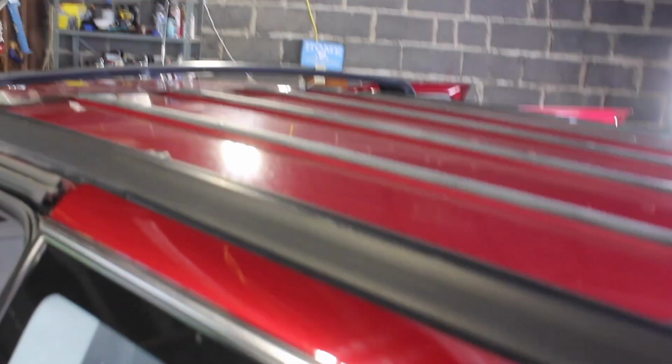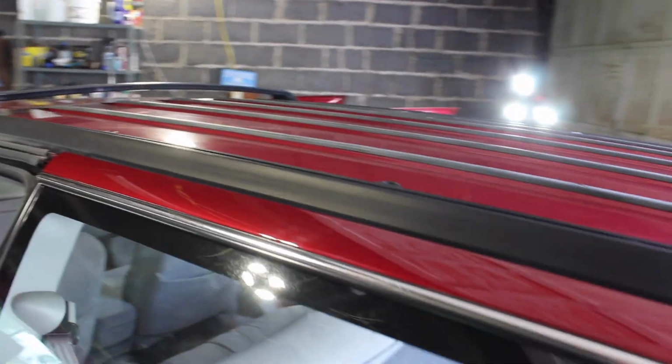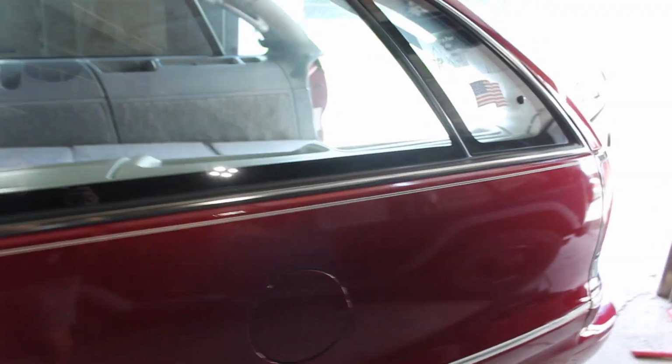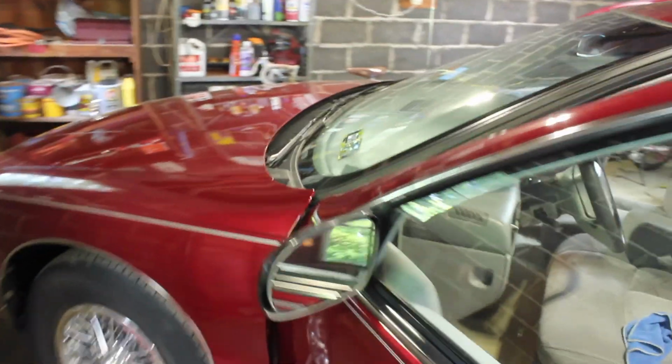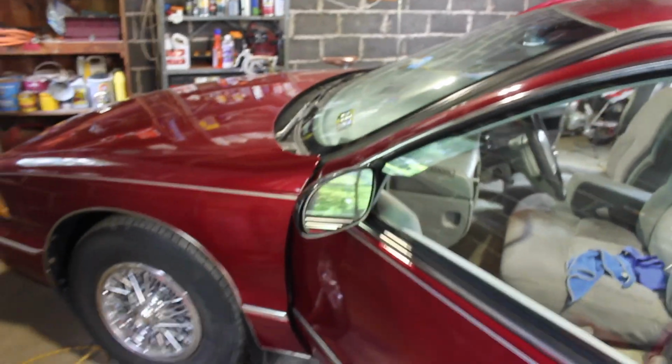stage paint correction. This thing was repainted probably I'd say about 5 to 10 years ago. Not perfect. There's some orange peel, but it's okay. And a lot of the swirl marks and stuff, I'll be able to buff out now. You can see on the hood, lots of swirls and stuff. Same with the roof. So yeah, let's stop talking, let's get to work, and let's get this looking beautiful so